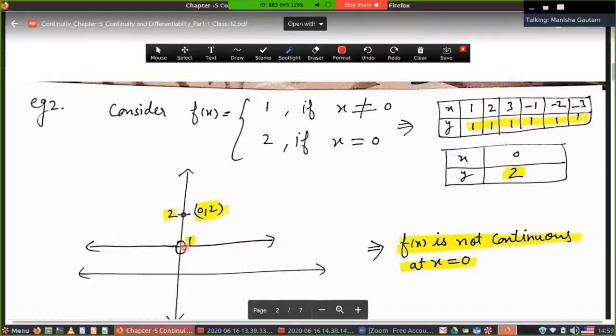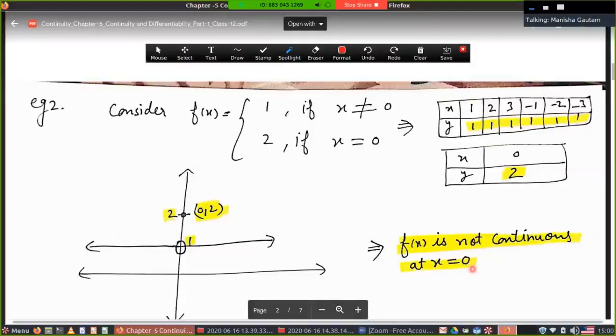If I plot the graph, I can't move on this y-axis, because the y point is here, x is 0 then y is 2. So at the very near point of this y, you have to lift the pen, then you can go to the next point on the left hand side, then you can plot the left hand line. It means after lifting the pen, you are plotting the graph. That's why again the function is not continuous at x is equal to 0.